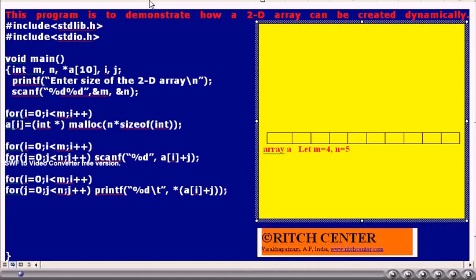For each row, memory will be allocated, and that row's base address will be stored in this pointer array. Here in this example, we have declared A[10], that is an integer pointer array. Thus, once we have the address of any row, we can access elements of that row according to our wish. So this is the essence of this problem.